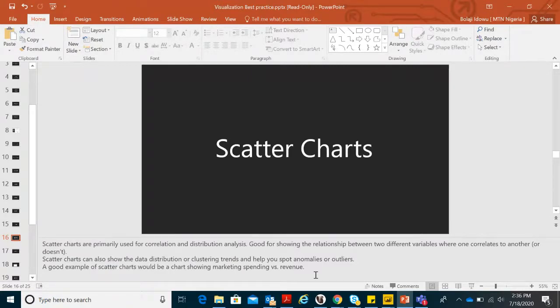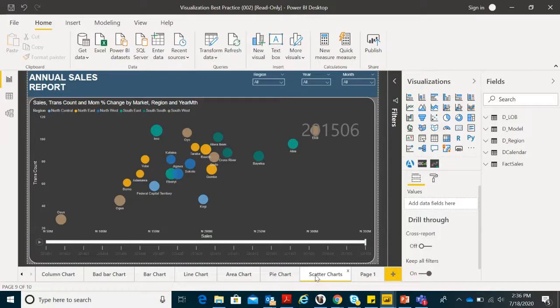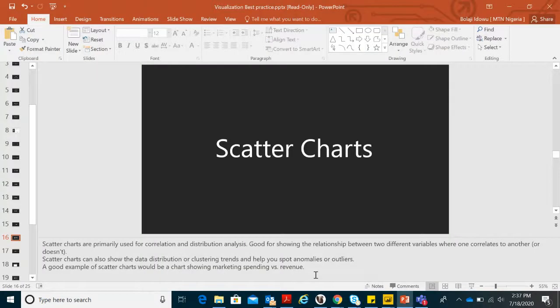When you see a report that shows Lassa fever spread across the country, and you see a place that is very red, this place is standing out, the hot spot. We need to check. We need to ensure that we manage what is going on here appropriately. Scatter charts can also, like I said, show data distribution and clustering trends, and help to spot anomalies. A good example is market spending versus revenue, like I stated, or in this place now,